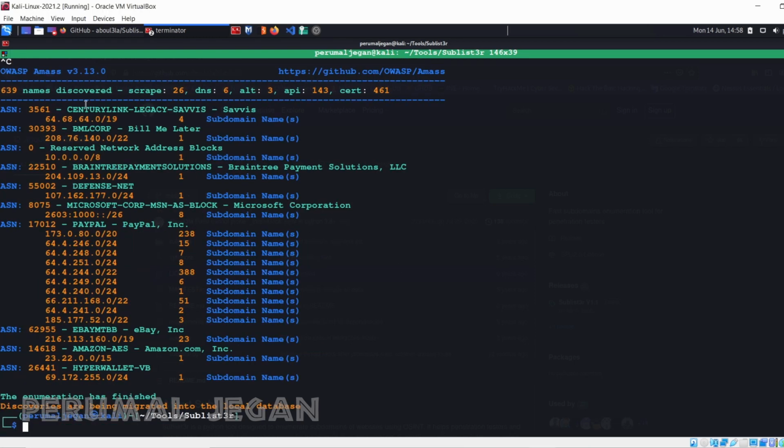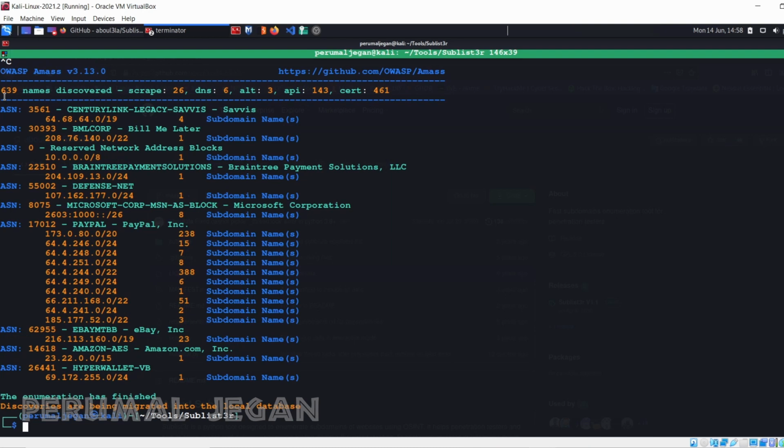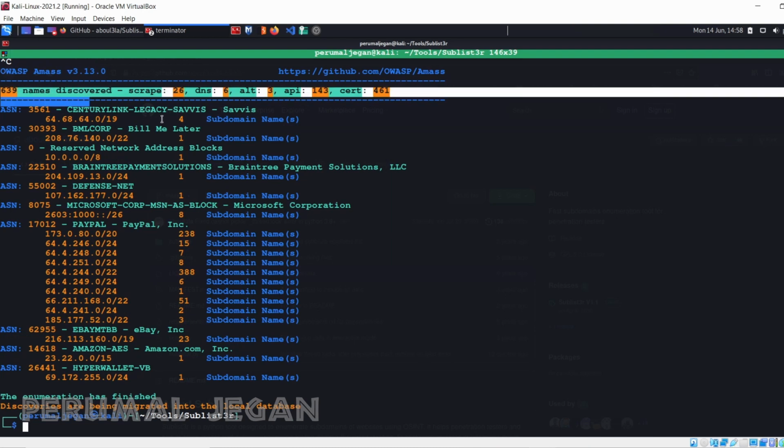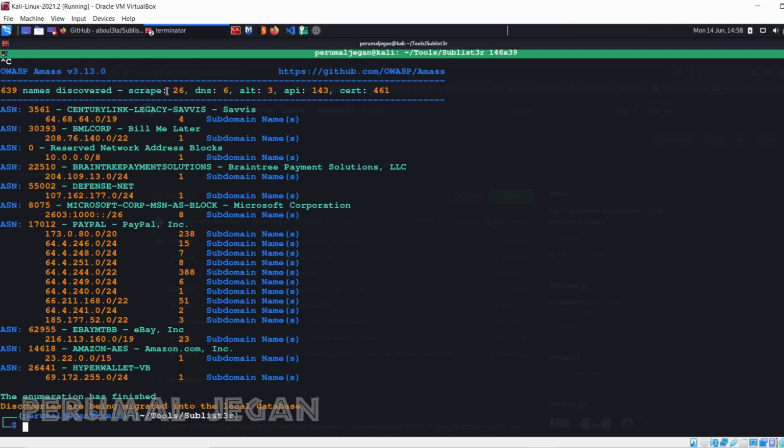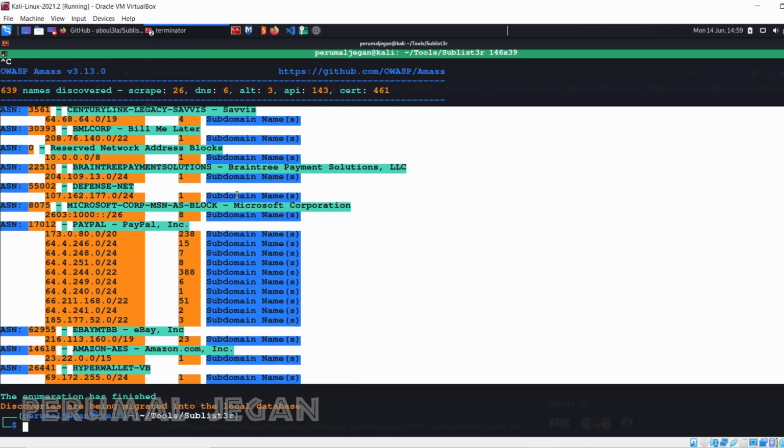I interrupted the Amass process. Now it shows the summary. In the summary, it almost discovered 639 subdomain names, and among those, it classified the categories. And here we can see the public IPs that belong to the above subdomains.